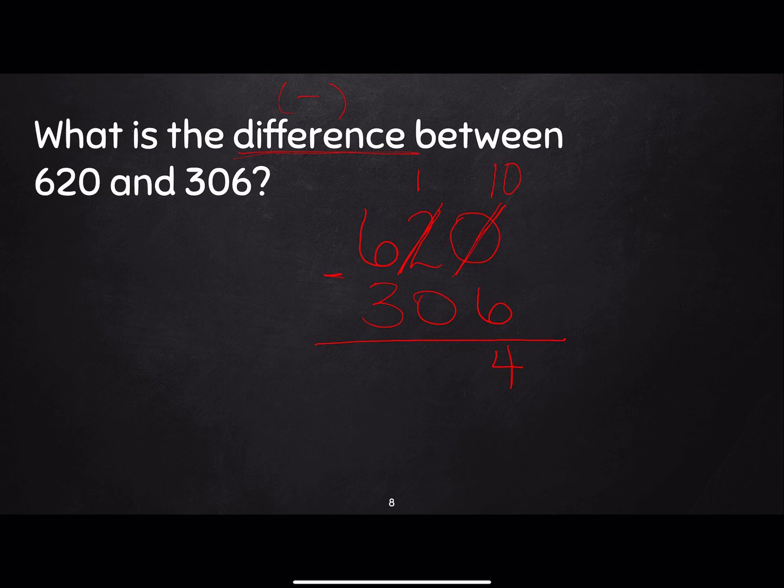Can I take 0 tens from 10? And I am left with 1 ten. Can I take 3 hundreds from 600? Yes, I can. So I'm left with 314. My difference was